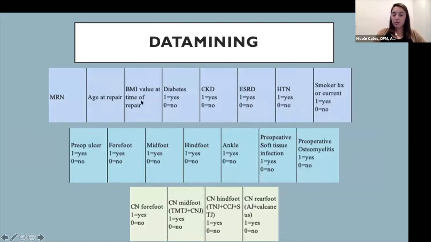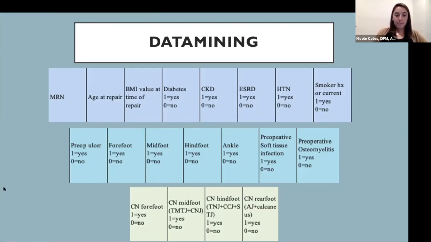Diabetes, you typically have to look in the chart for. And then, BMI, whereas diabetes, you can look if there's a diagnosis. CKD, if you're defining renal disease as both CKD and ESRD, you can data mine them separately or together. And you want to answer yes or no's throughout the data mining. And then for preoperative ulcer, you're saying, is it present? And then if it's where the location is, so rather than saying pre-op location and typing in forefoot, midfoot, hindfoot, have everything in 0s and 1s because this will allow your statistician to work